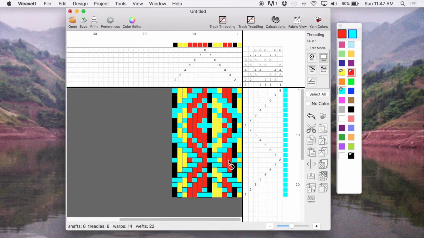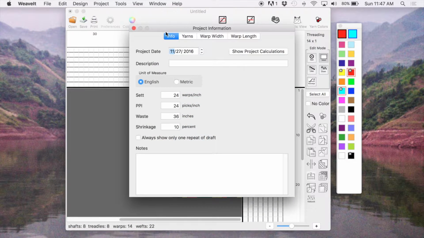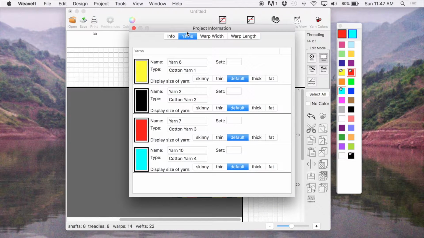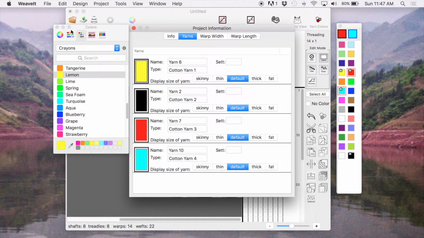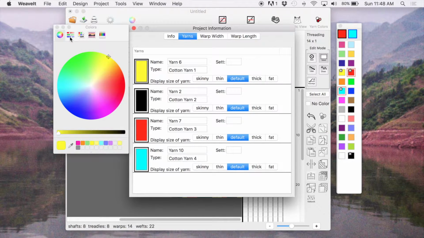Now I want to show you how to change the colors using the project dialog on the project menu, and pick the Yarns tab, and you see the list of all your yarn colors in your draft. If you click on the cell, right in the center of the cell of the yarn, you see the color apple color palette that comes up. It has different